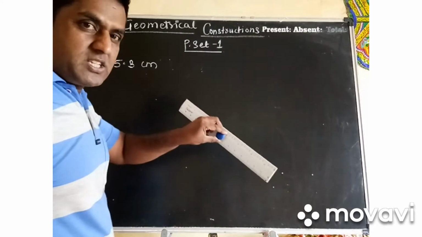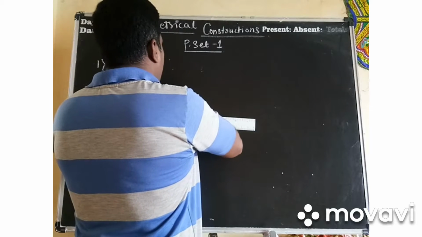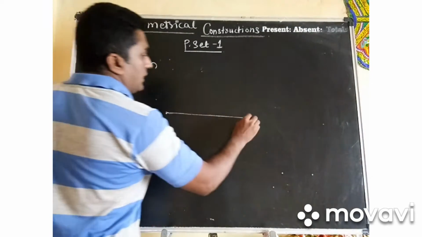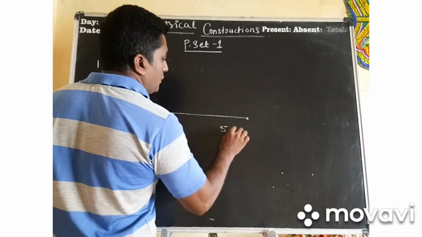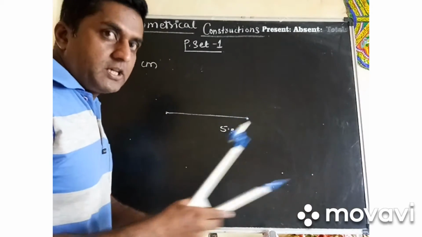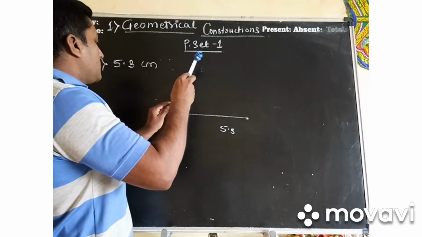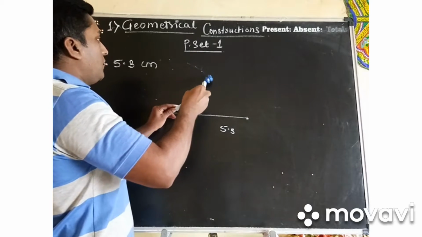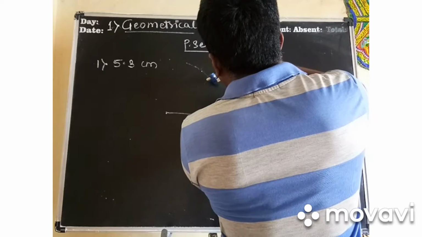Now what we have to do, my scale is big, but on your scale you have to just measure the length of a segment, and it must be 5.3. So I am saying here, consider this is nothing but 5.3. After writing this 5.3, you are going to take a compass in your hand. By taking a compass, you are going to make an arc this way. Extend it as per your convenience, and after extending it, make an arc here, right everybody? From here you will make, and you will intersect this arc this way.